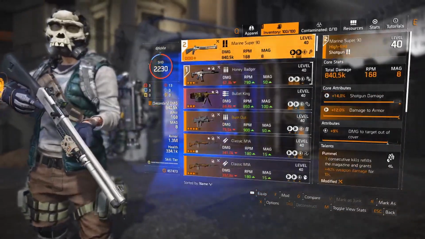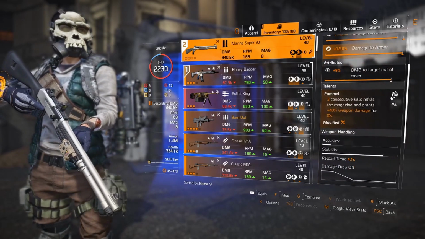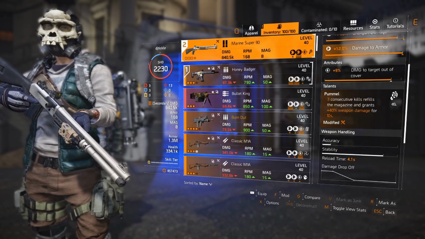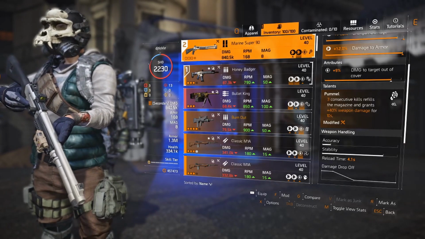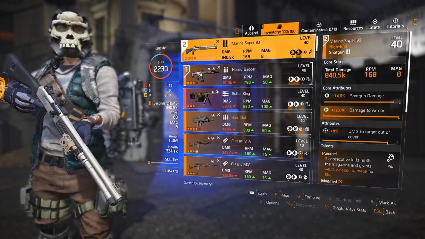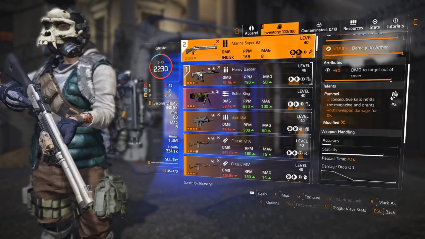We'll start over here with the Marine Super 90. It was really well rolled and I was using Pummel. 3 consecutive kills refills the magazine and grants 40% weapon damage for 10 seconds. There's a named variant of this shotgun. I forget the name now off the top of my head, but it actually has perfect Pummel and that's 2